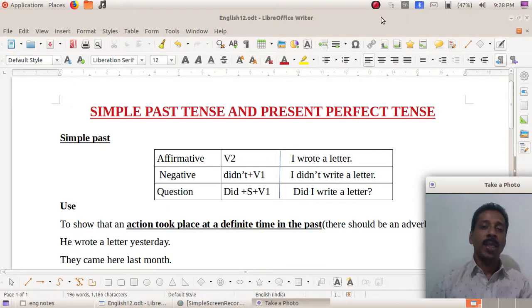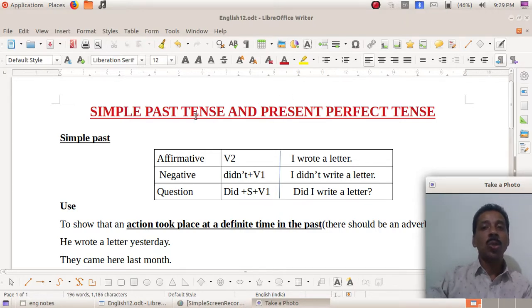Today the topic that we are going to discuss is simple past tense and present perfect tense. And you may wonder why these two are taken together. One is past, one is present perfect. Okay. So there is a reason, and I think you can say what is common